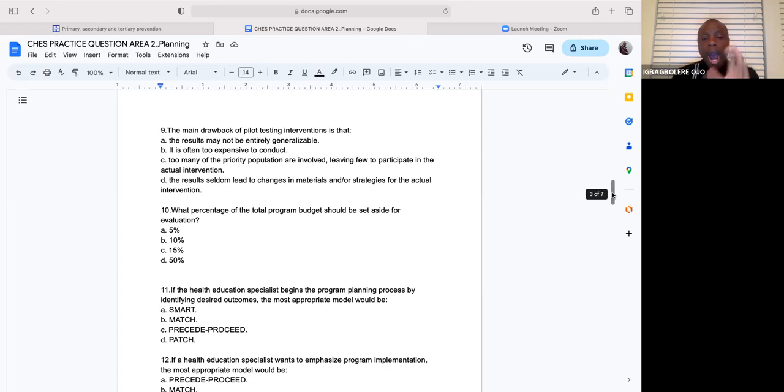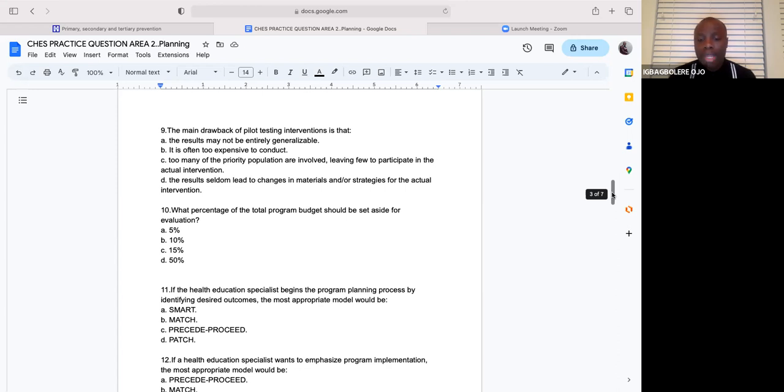So all of these things can be true. It can be expensive to conduct a pilot testing intervention, especially if it is a program you are looking to expand to a very, very large population, all right? Pilot testing in those cases can be expensive, and I've been a part of such programs before. So option C, too many of the priority population are involved, leaving few to participate. Of course, that is the whole essence of pilot testing. You want just a small sample size. However,